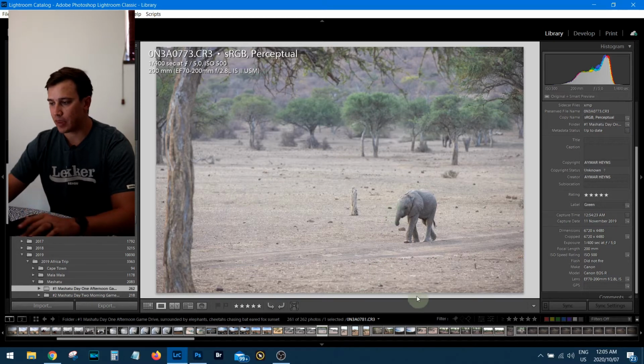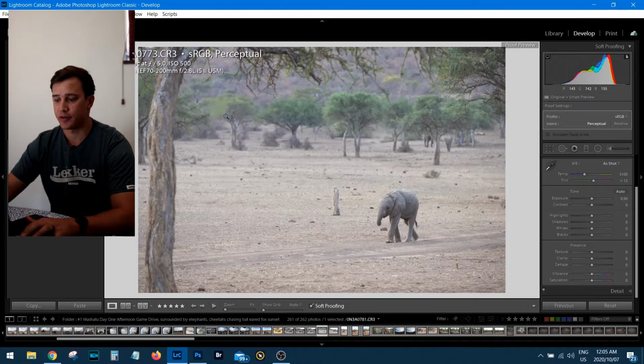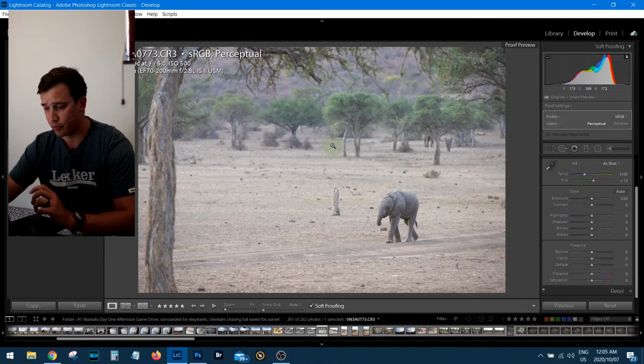Anyway, so we jumped into Lightroom. I'm in the develop module, and we're going to edit this photo and then take it into Photoshop and go through that as well. All right, so the photo looks pretty flat because I shot in the RAW format,